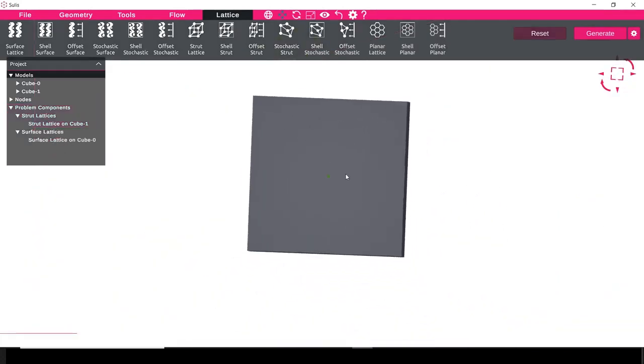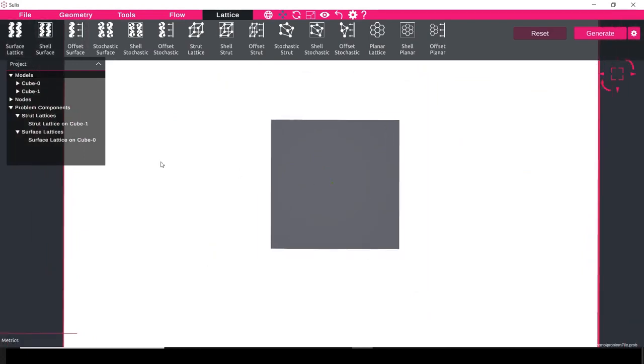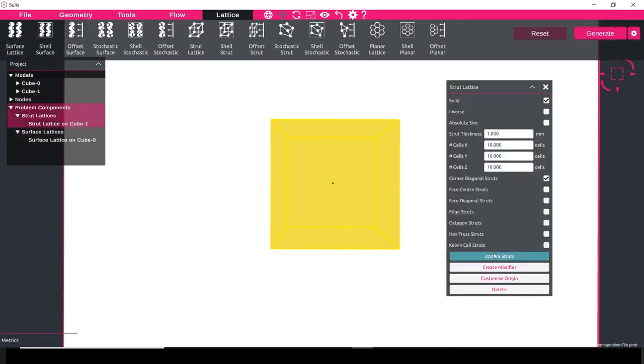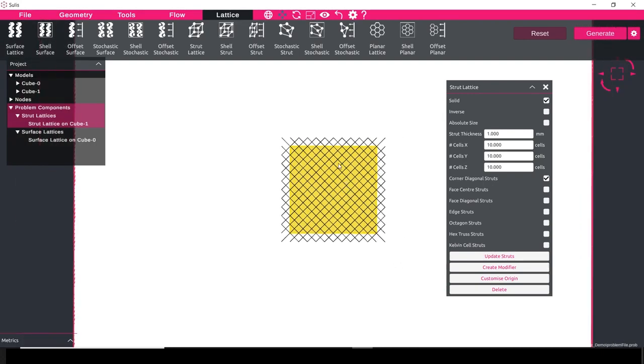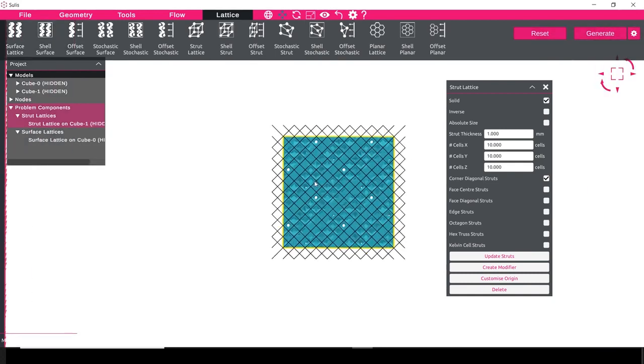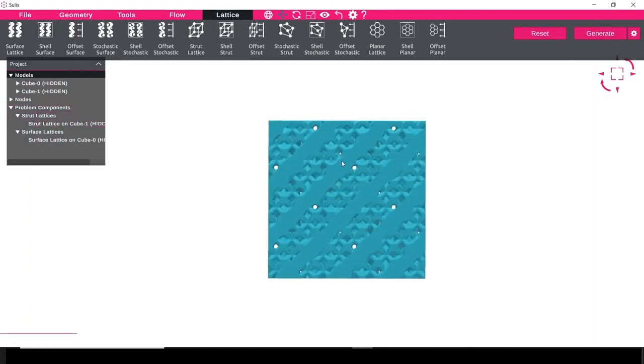Now I'm going to just look at it from the above view, pressing P to move into the orthographic mode. Then I'm going to press update struts to see how many struts I'll need. And here we can see the number of struts. What I can do is generate my initial model and see how we're doing. So here we can see we've got the 2 aligned, but we might want more struts, for example, in this